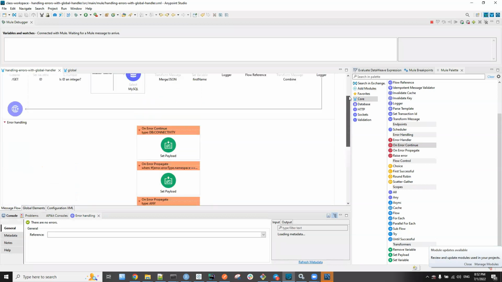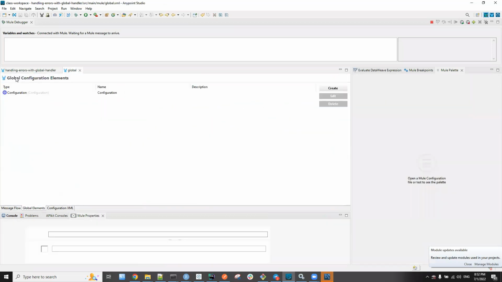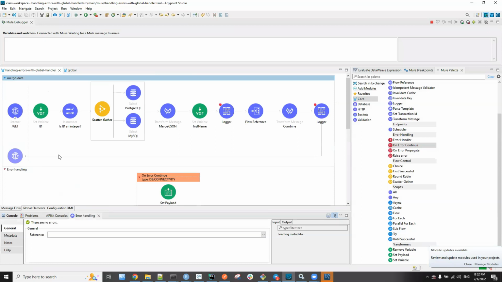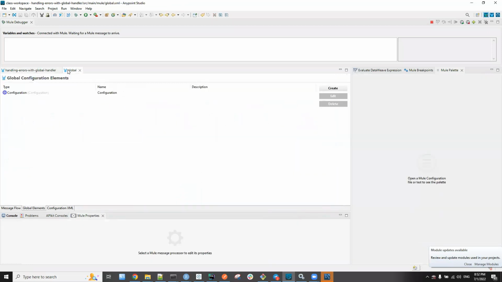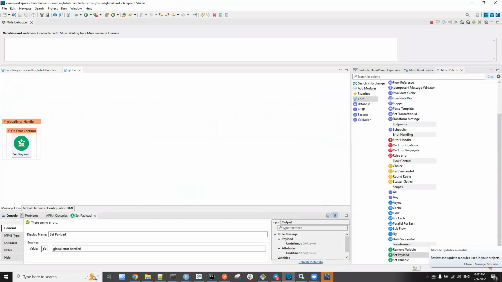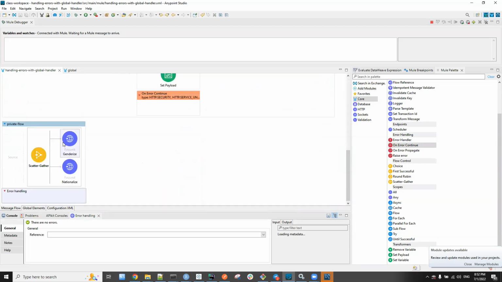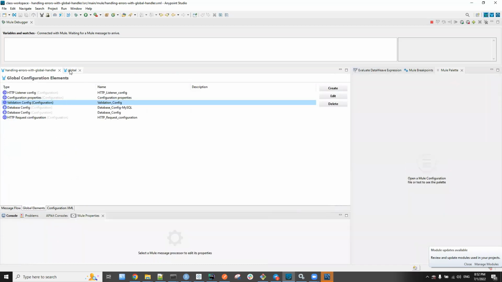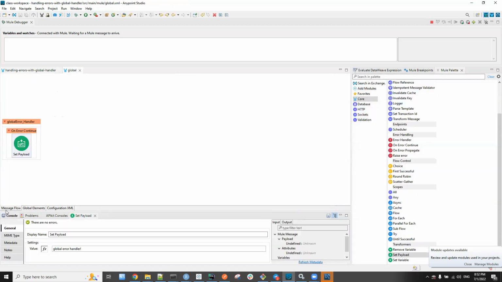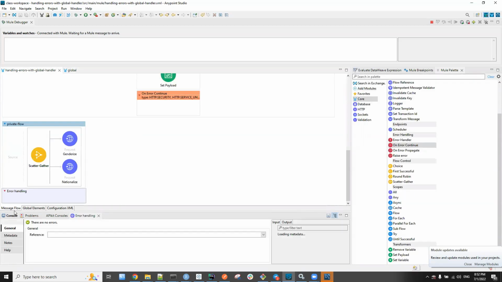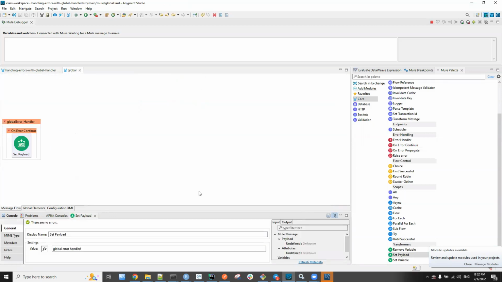So let's send another request, and we should see it moving from this file, from the handling errors with global error handler file, to this one, come to this component. So from this component, we should see it going to this component, coming to here. Okay, let's check. From this message to this message.